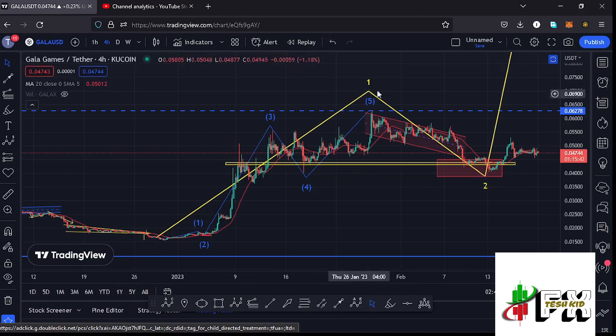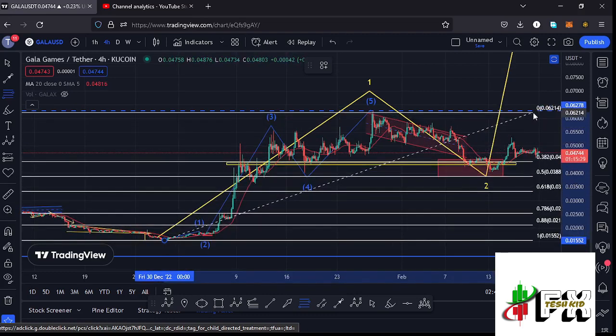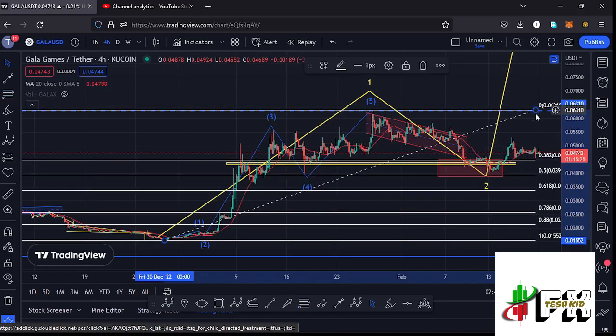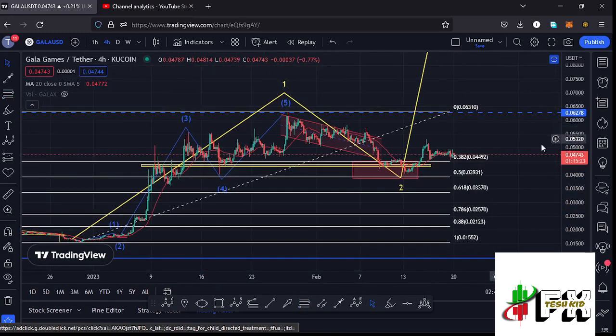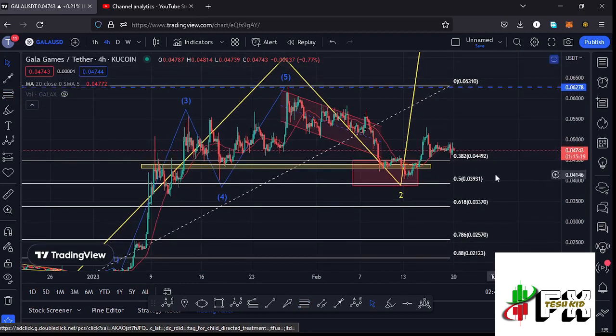And after seeing the formation of a larger Elliot wave contour, whatever we expect next is a corrective structure in the formation of a larger Elliot wave contour, and using the Fibonacci's, connecting them from the low of the first wave to the high of that wave 1, that gave me a minimum target area to the lower side in the formation of that larger Elliot wave contour between the fib level 0.382 and the fib level 0.5, which is a target area that lies between the $0.04492 mark and the